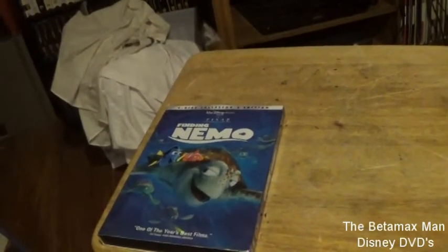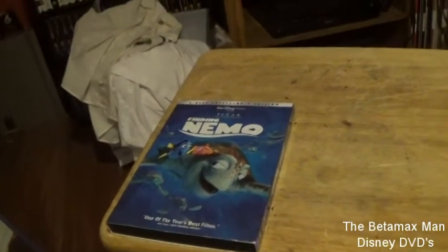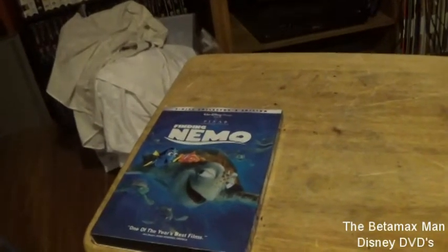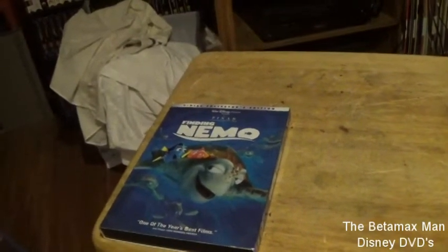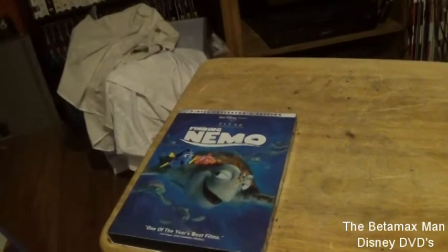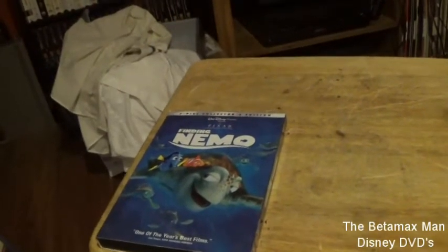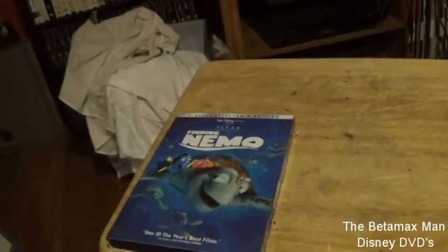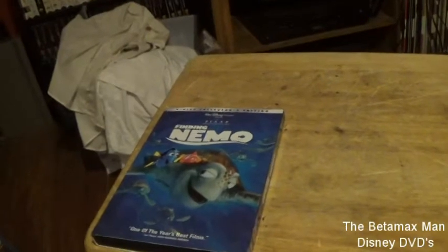It's a recorder and player, of course. That was 2005, and I paid around $200 for it. When they first came out, they were $500 or $600, and then later the price was lowered. I think DVD came out around 1996. I remember it being the mid-90s, because I remember my Uncle Mike